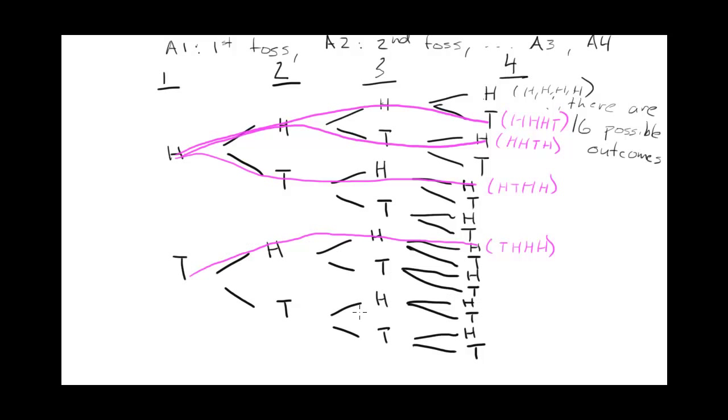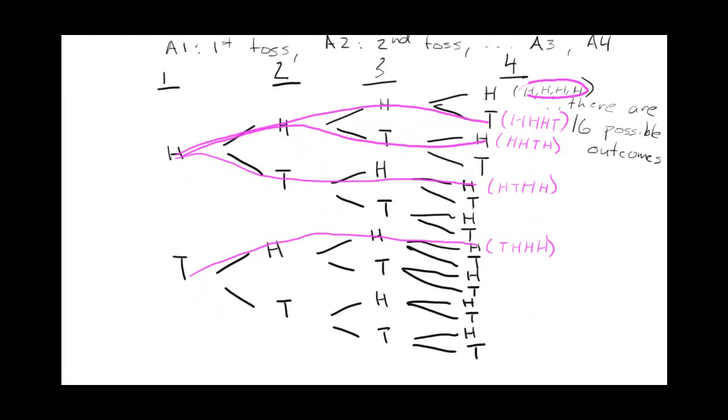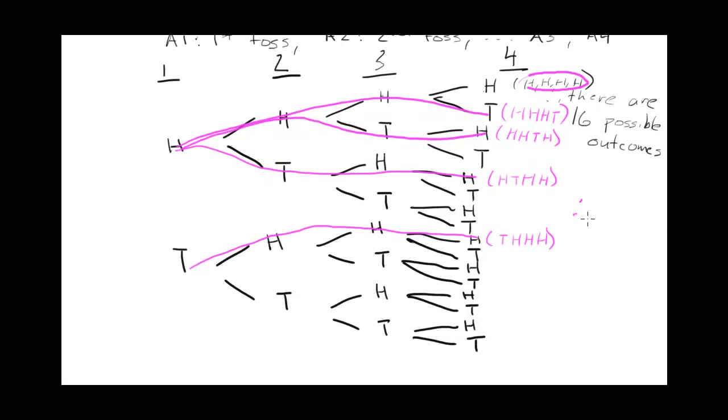So all the other ones have more than 3 heads, or fewer than 3 heads. Notice this one doesn't count, the 4 heads, because it said we had to have exactly 3 heads. So even though this has 3 heads, it doesn't have exactly 3, it has 4 heads. So therefore, there are 4 outcomes